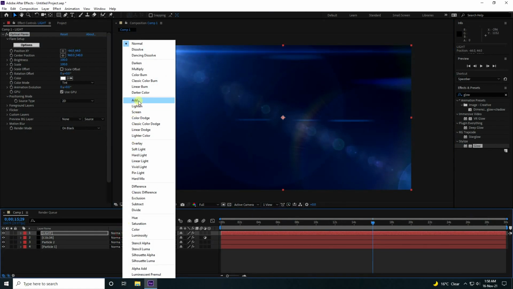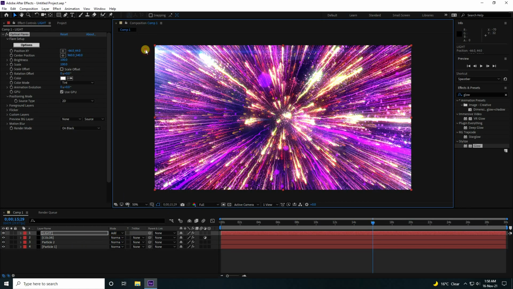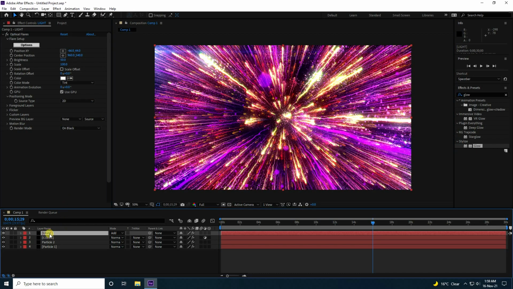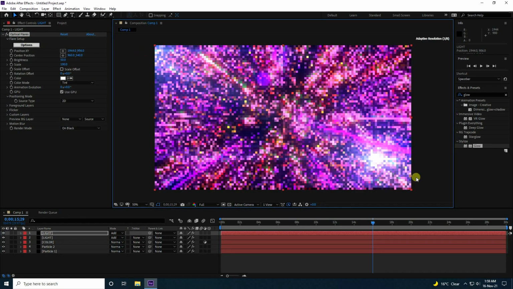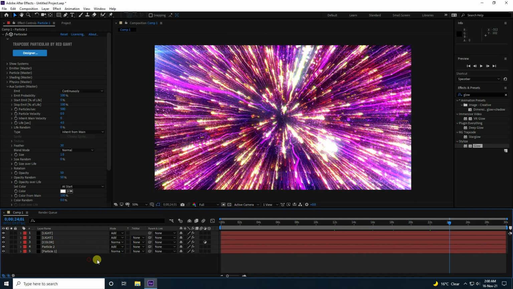This time add. And yeah, I also change brightness. I like 50, which is good. 50. Yeah. So guys, duplicate this light. Press Ctrl D and select this light. Apply it on the left side. Yeah, it's beautiful guys.